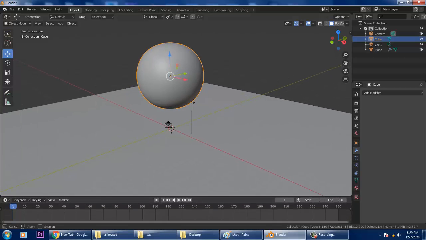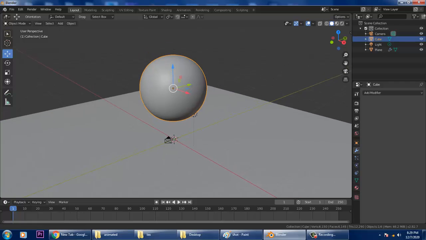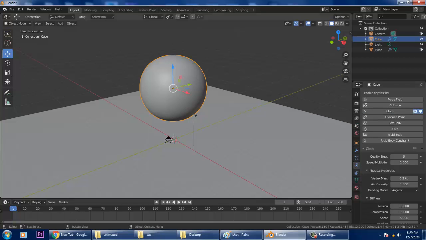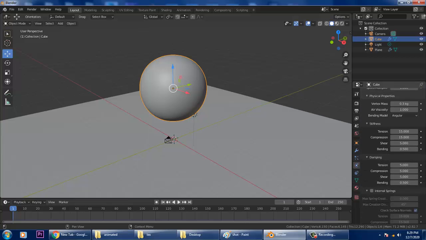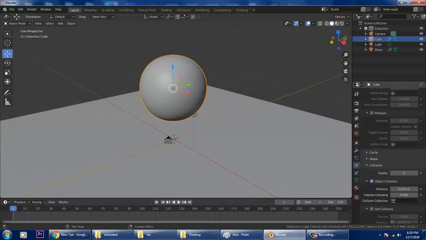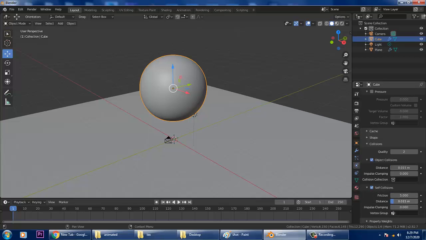After giving this, let's again go into physics over here and add a cloth. After adding the cloth, let's go down into collisions and add self collision. After activating self collision, let's increase its distance and increase the object distance. Once you're done, if you want to, you can just play this